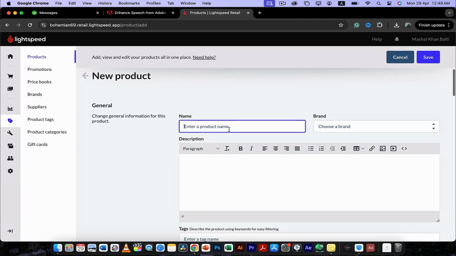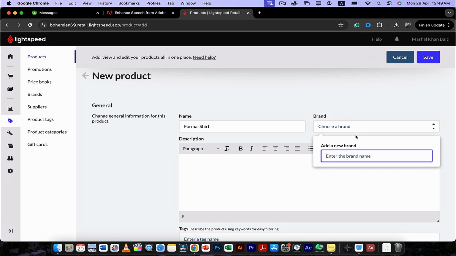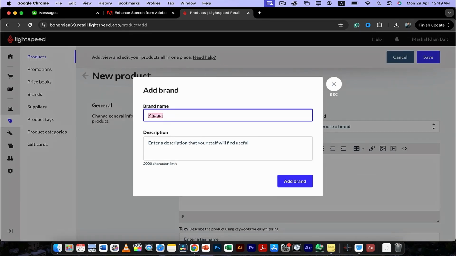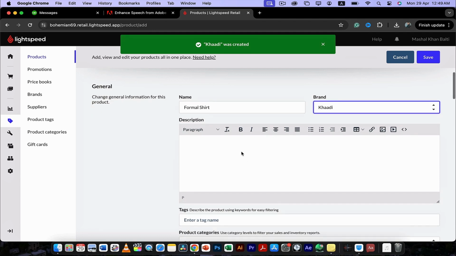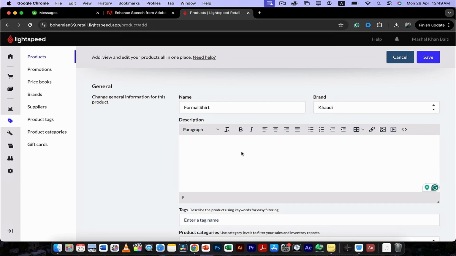So you can write the name of the product. And you can write the brand name. And you can write a bit about the product. White formal shirt, usually